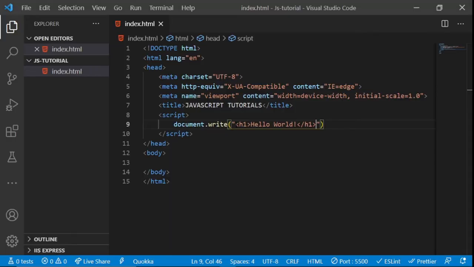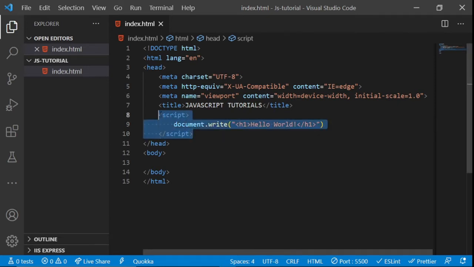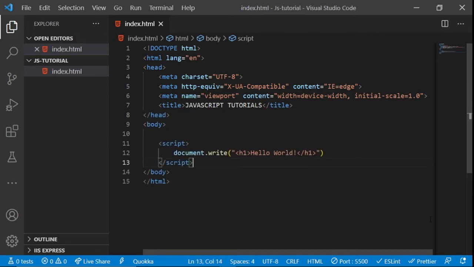Now there are different ways you can insert your JavaScript inside your web page, or inside a website. So one is by putting it in the head tag. So I normally don't advise people to load their JavaScript in the head tag, and the reason is JavaScript is the behavior of your website, and you don't want to load the behavior before you load the design. What I mean is, let's imagine